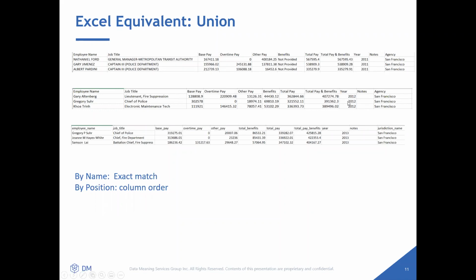That way, if you want to track people over various years, you'll be able to do that from one data set. Another thing I want to point out here about the union tool is that there are going to be two options of the union tool, which is looking at things by the name. And if you say by the name, then you have to make sure that you have an exact match in